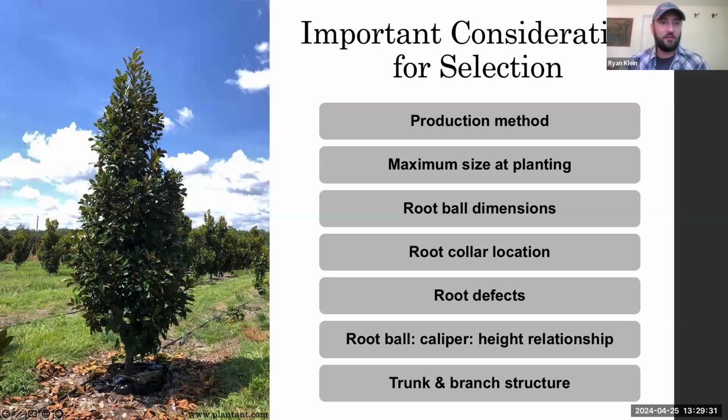So, things that we want to consider are not only making sure that that tree is a good fit for the site conditions, but what production methods were used, what size the tree is going to be at mature state, the root ball characteristics, and then those above ground portions. The nice dominant leader is something you need to maintain over time. You can start off with the highest quality tree, but if you don't do any structural pruning every couple of years throughout the life of the tree, it's going to kind of just revert back to a poor structure.